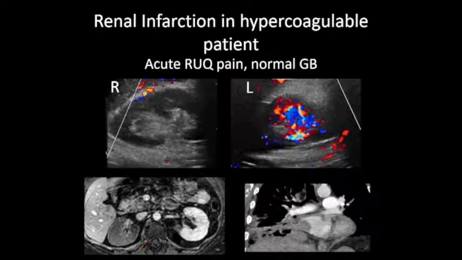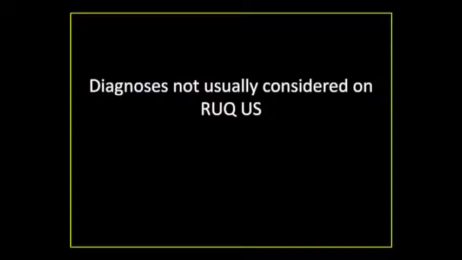Once a different patient had a dissection, a type B dissection, and the thing that brought them in was the pain of the infarcted right kidney. So you don't need to do a fancy Doppler examination, but just qualitatively make sure there actually is flow in that kidney. And the last thing I want to turn to are a few diagnoses